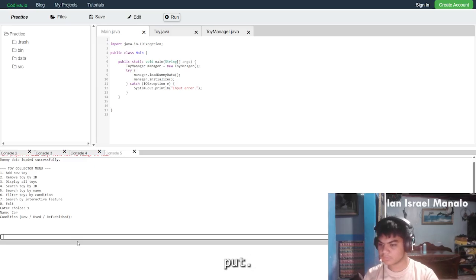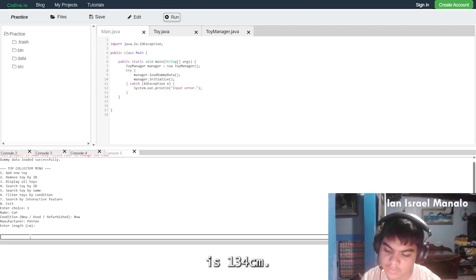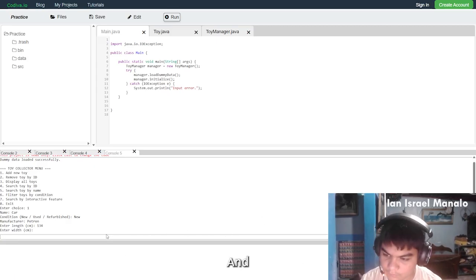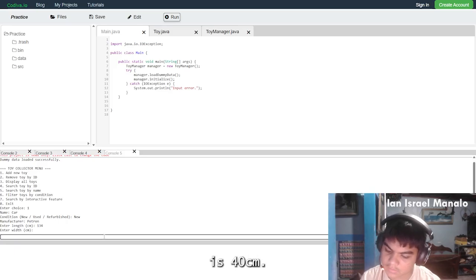My toy is new, and the manufacturer of my toy is Petron, and the length of my toy is 134 centimeters and the width is 40 centimeters.